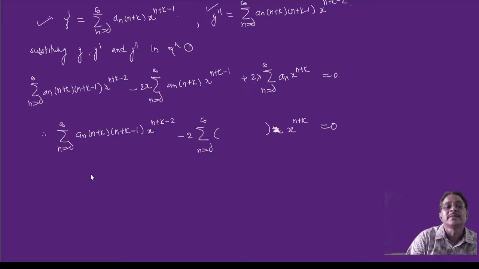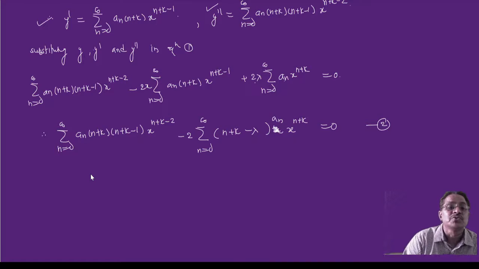What is inside this bracket? Now inside this bracket, okay, a_n is also there, so this a_n can be written here. I am writing this a_n here. So this is a_n into simply lambda here. It is a_n into (n plus k), so it is n plus k plus lambda. So the negative sign is taken outside, so minus lambda comes there, is equal to 0. So call this equation 2.